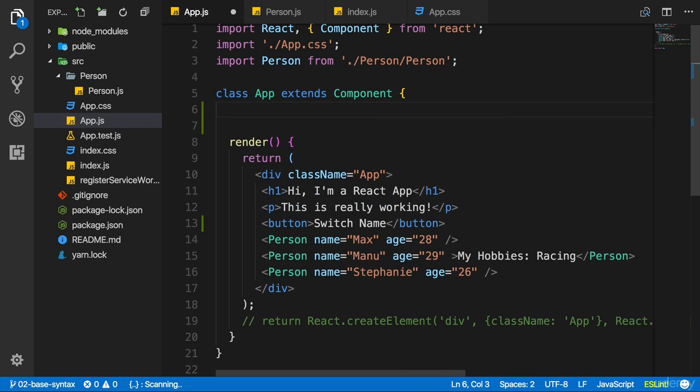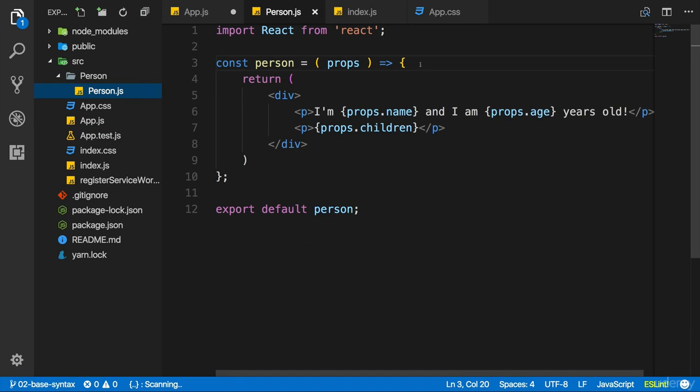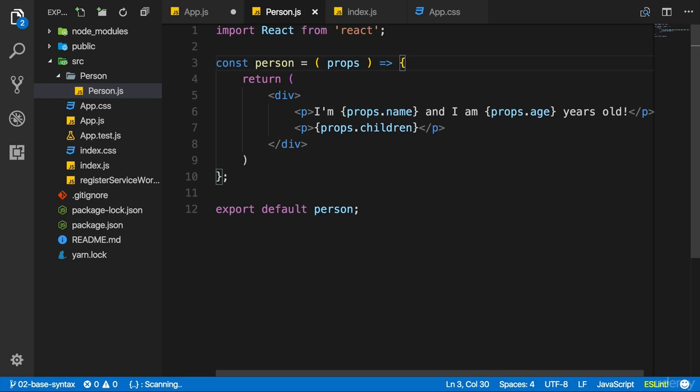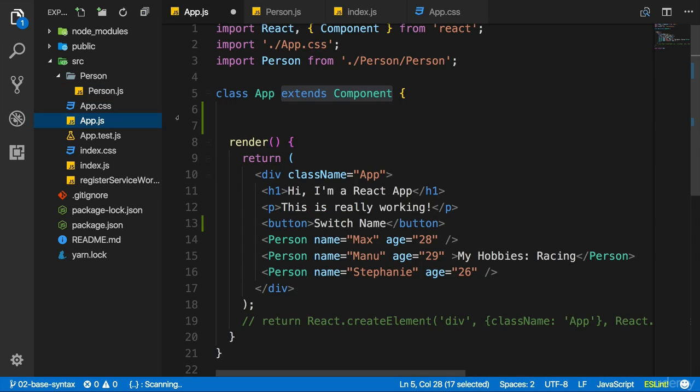There's one special property you can define in any component which extends component. So you can't do it in person. You can't define properties here anyways, because that's a normal function. So here you would have to use some constants or some variables. Still, what we're about to do only works in components which are created by extending component.